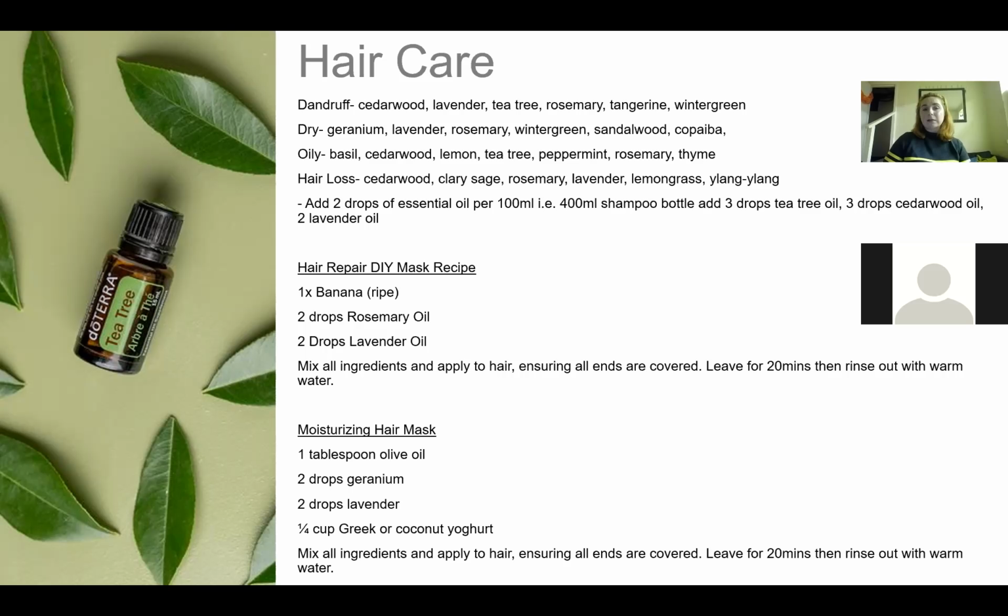So with these oils, I tend to use 2 drops of essential oils per 100 millilitres. So my 400 millilitre shampoo bottle, I add 3 drops of tea tree oil, 3 drops of cedarwood, and 2 drops of lavender. So a total of 8 drops for that 400 millilitre. And the reason why I use those